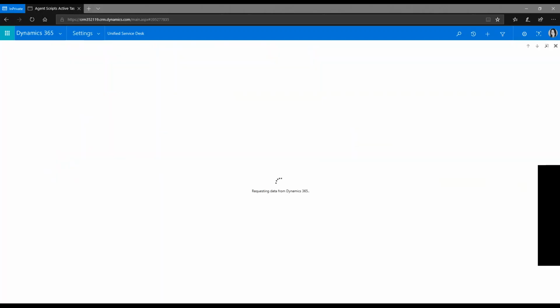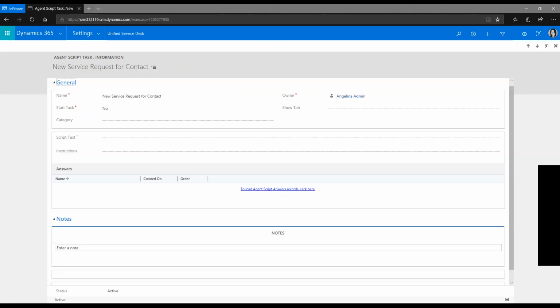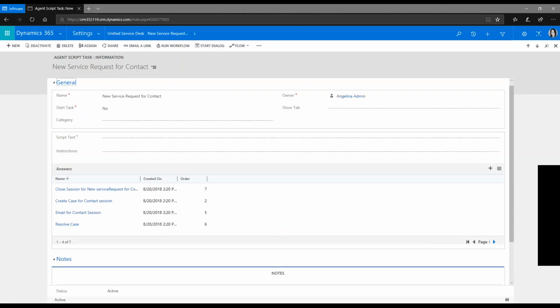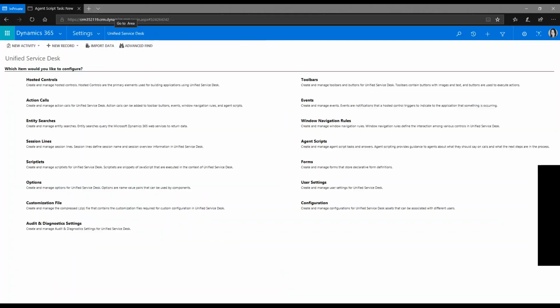So opening this up, it can be a bit complex at first glance, but the more you do it, the more practice you are, it actually becomes pretty easy. And you'll see here that this is kind of the holding cell for this agent script, and then under here I've got all my action items, the order that they need to be in when that script is launched, and then within each of these, I can have actions and triggers happening. So it's laid out quite well. I can go back into my Unified Service Desk,